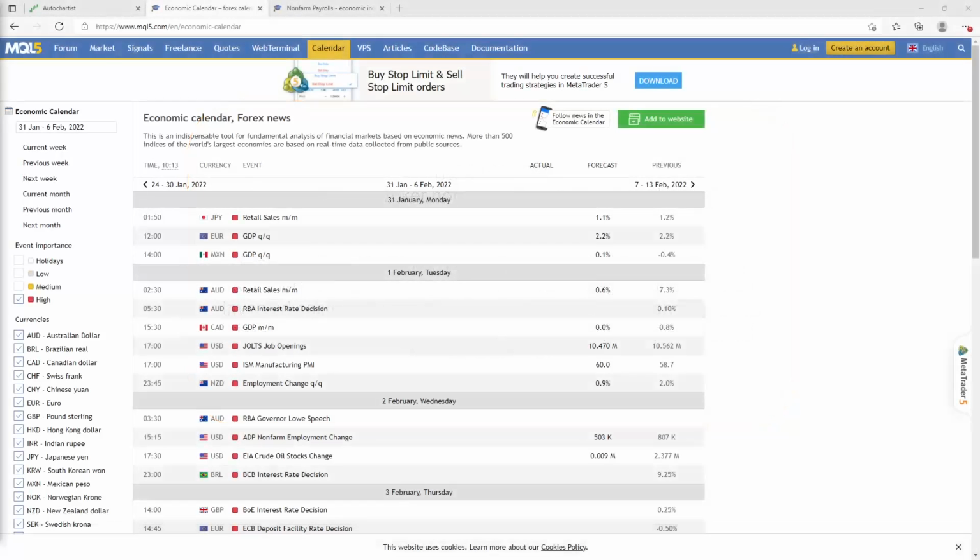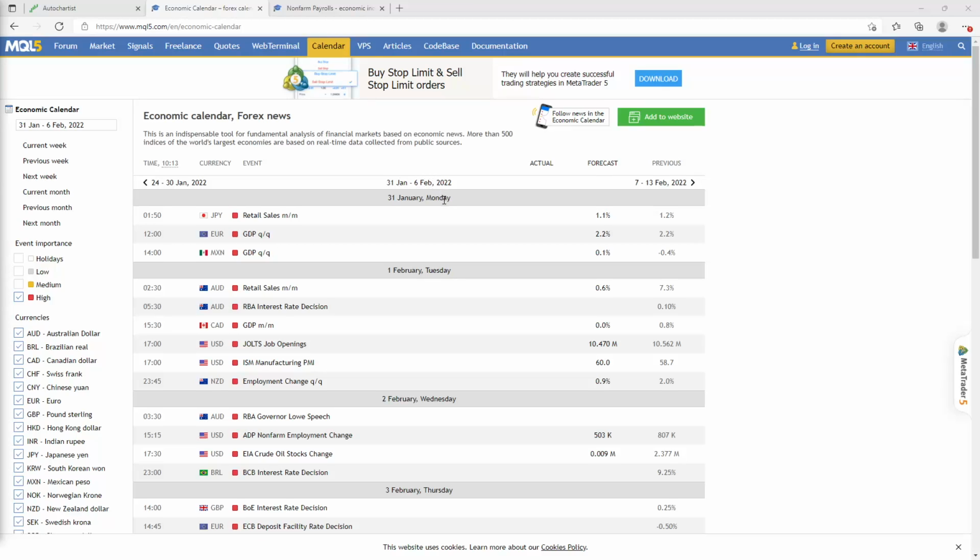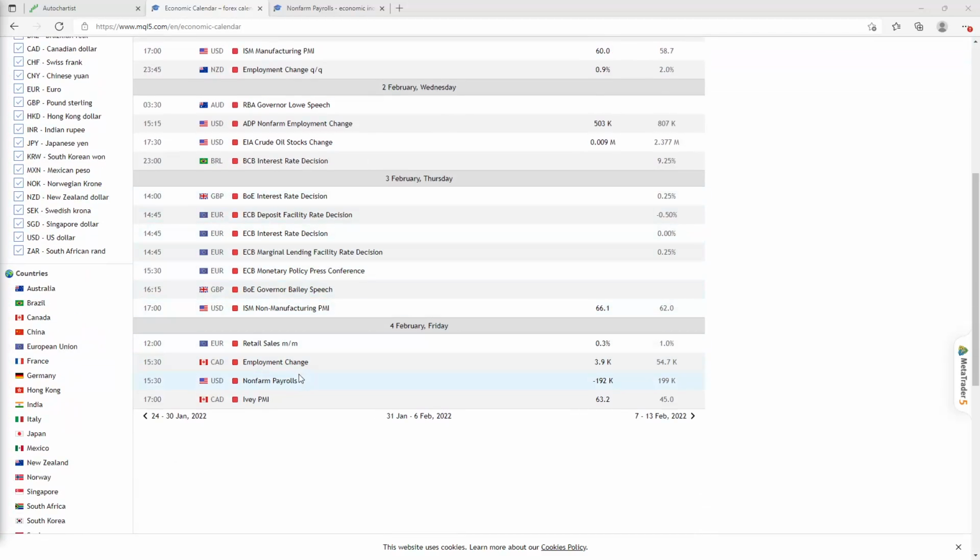So jumping to the actual news, I have here the economic calendar from MQ5. I like using it more for its simplicity. There are a lot of other websites out there, it's just personal preference, I tend to use the MQ5. And we're here filtered for this week, the week of 31st of January until the 6th of February. And we'll see here that on Friday we have the non-farm payroll, which is one of, if not the most